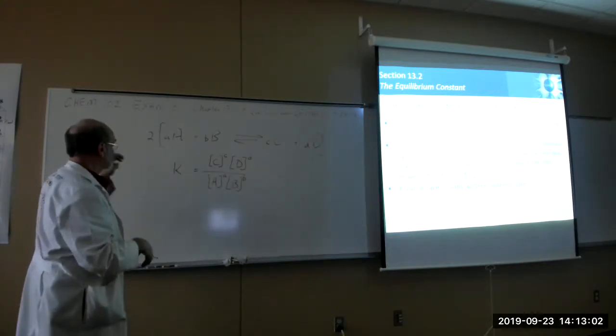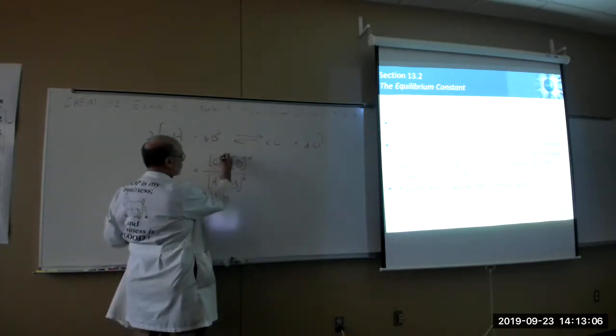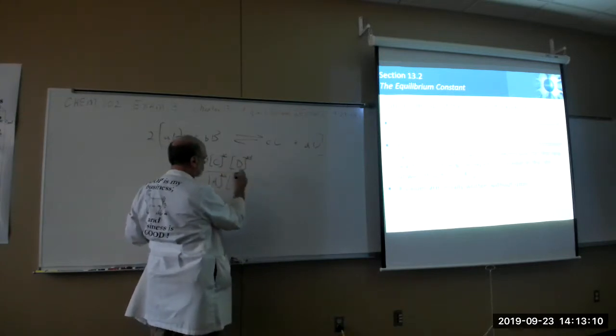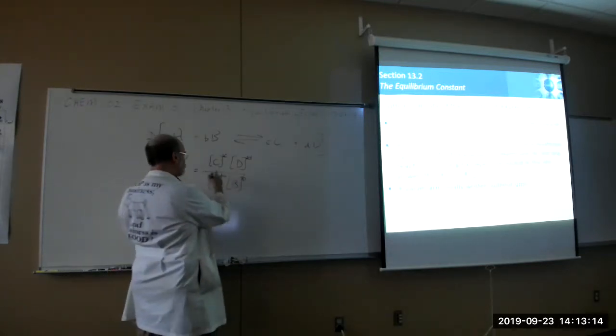Well, look what it does to the coefficients. It doubles each of the coefficients, right? So we have 2 here, 2 here, 2 here, 2 there. So if we factor out that 2,